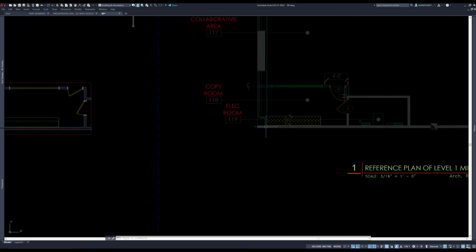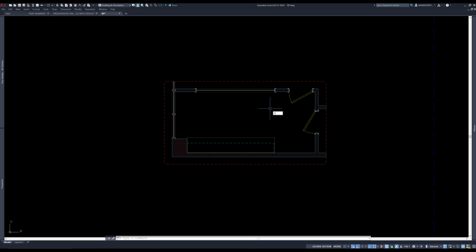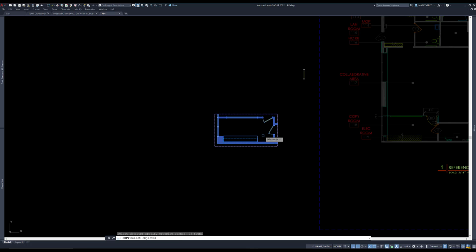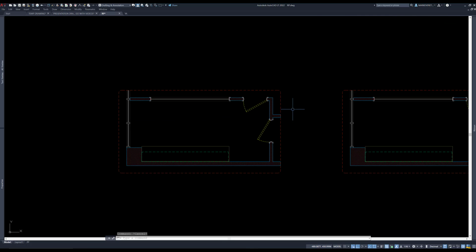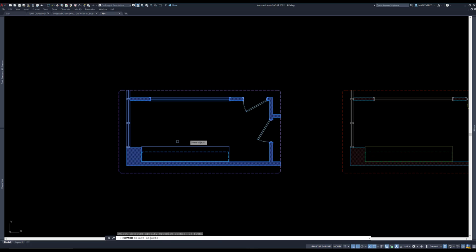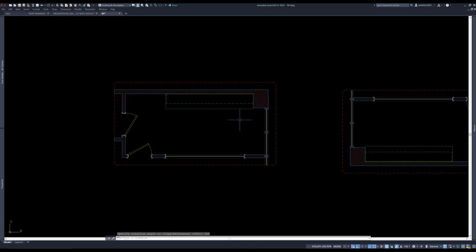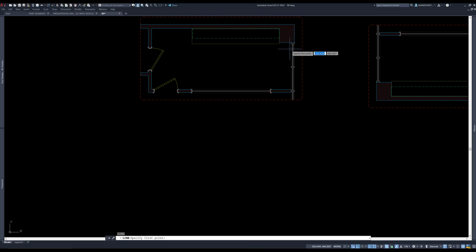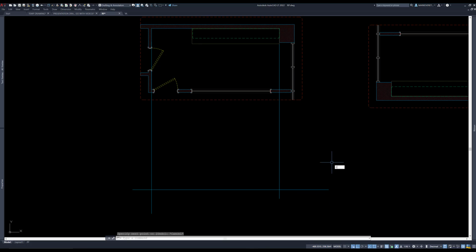All I need to do is draw my elevation. So what I'm going to do is copy this over to the side here. I'm going to rotate it 180 degrees. I'm going to draw some guidelines down, one for the wall, one for this wall here, draw one for the floor, and I know the ceiling is 108. I'm going to trim this out using the cutting edges here